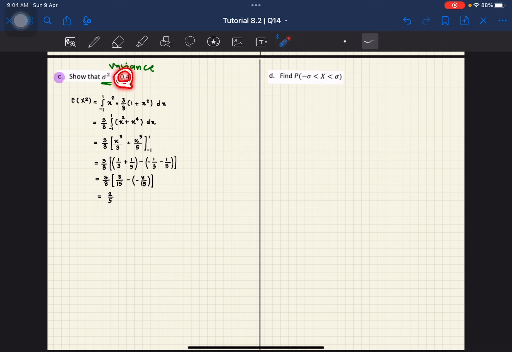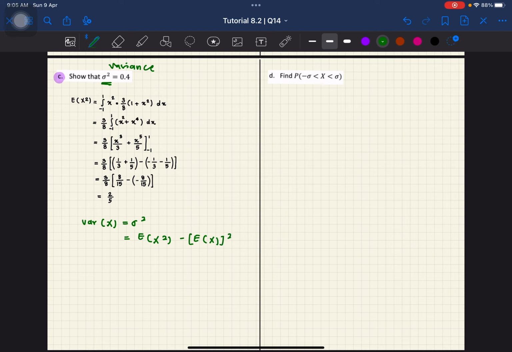Mesti dapat 0.4. Okay, so we know that the formula for variance is var x equals to sigma square is also equals to ex square minus ex